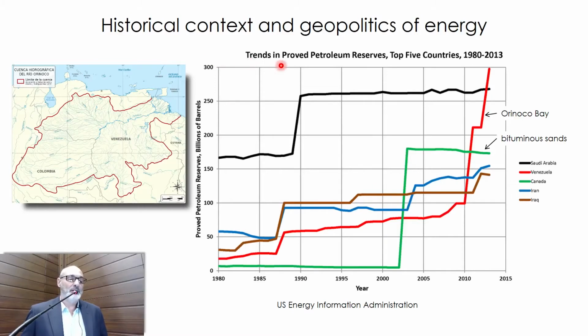Okay, this graph shows the proved petroleum reserves. Just to give you a scale. So this is the amount of petroleum that we can exploit. Okay, this is reserves. And the black line here is, I think it's very complicated in terms of billions of barrels. I cannot figure this. So my unit is Saudi Arabia. So Saudi Arabia is the black line. You see in the Orinoco Bay was found a very huge petroleum reserve. So you have a second Saudi Arabia